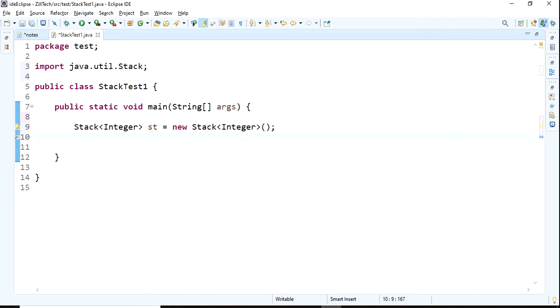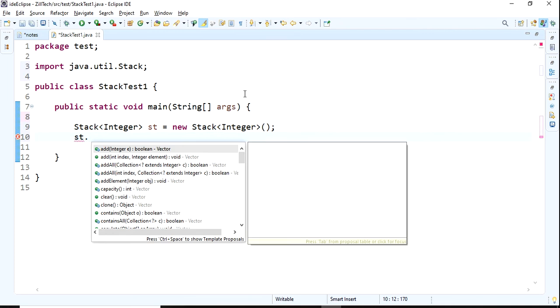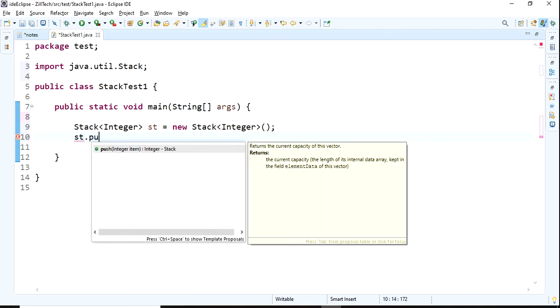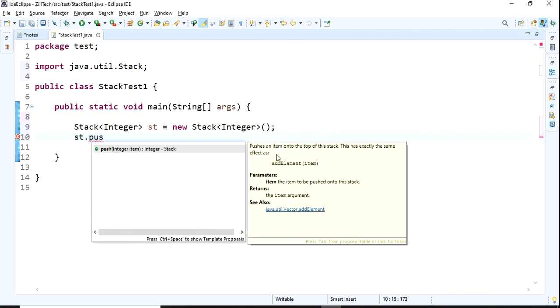Stack is empty. Now I want to add elements to the stack. To add the elements, we have some methods like push, st dot push. It pushes an item onto the top of this stack.